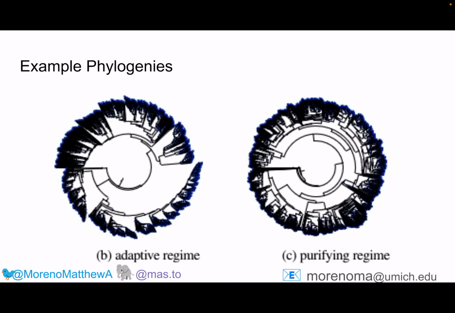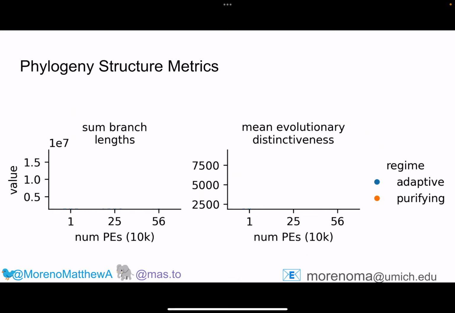In order to test this, we used a really simple, basically OneMax genetic algorithm under two treatments, one where we had beneficial mutations enabled and one where they were disabled. And then we tested whether we were able to detect the difference between these conditions through our reconstructed phylogenies. So these are two example phylogenies that we're able to reconstruct. Looking over several replicates,